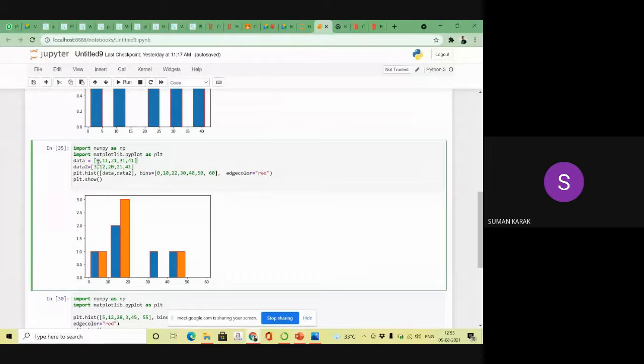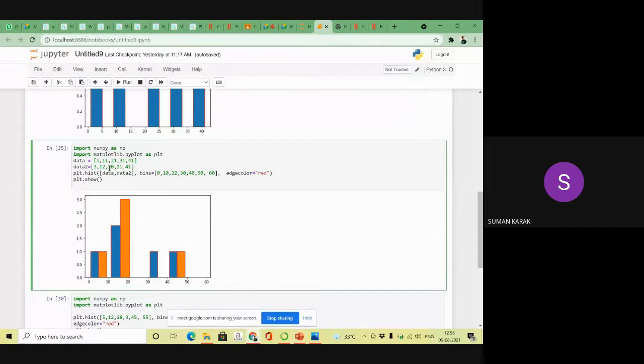Only one value. So for the first data, a bar of height one will be shown. For the second data, in the range 0 to 10, there is also only one value, 3. So both are the same.